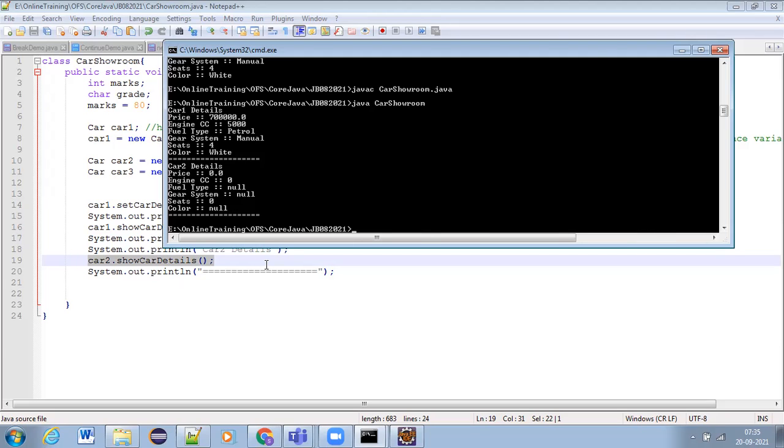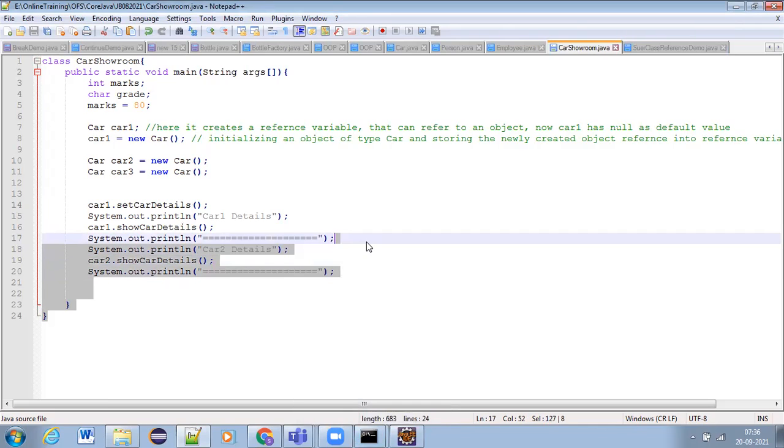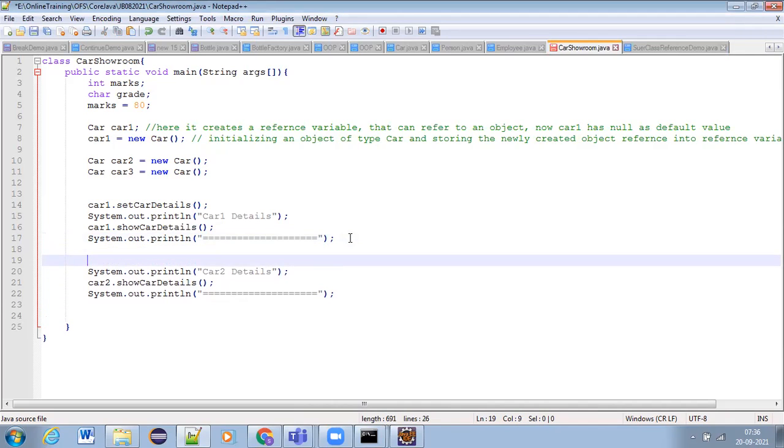What should we do, guys? What we need to do? For car2 also, we need to set the data. It's very simple. Don't think too much. It is simple only. Whatever we are seeing there, that only I am asking.